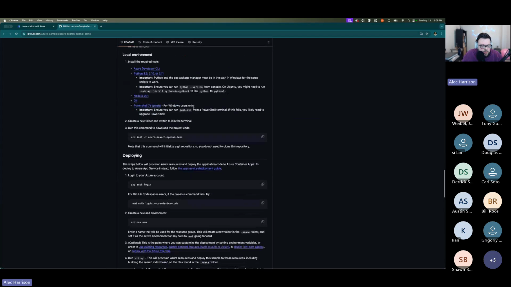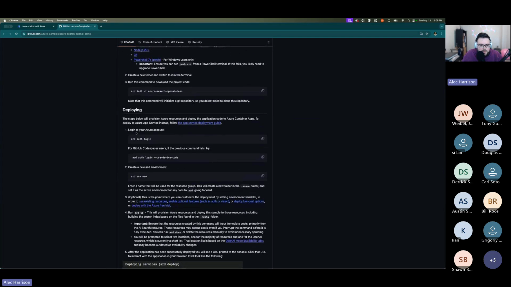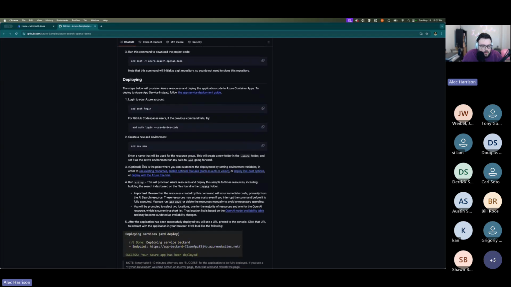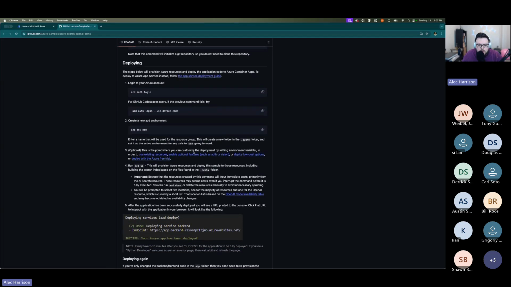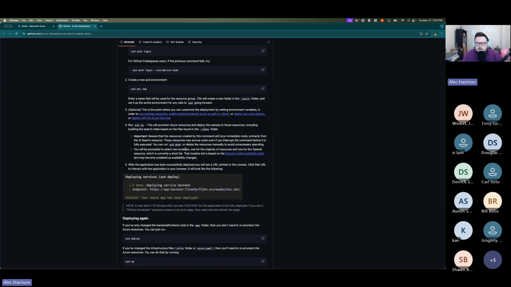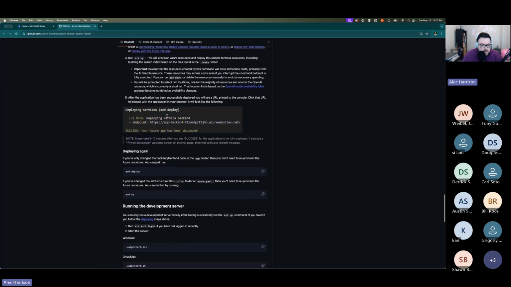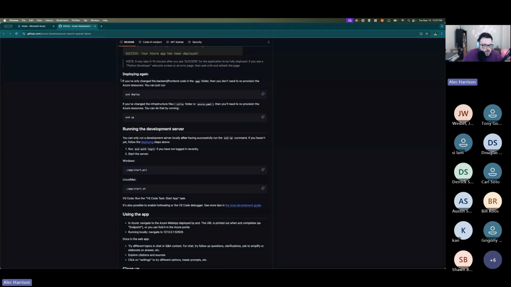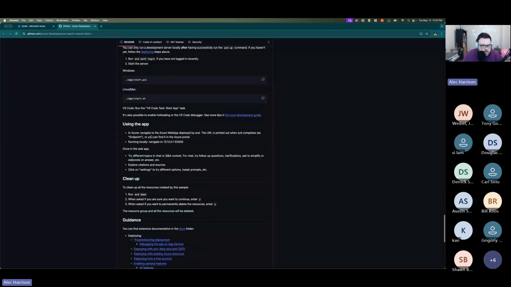If we go down to the deployment steps, there is a cheaper path too. So if you go to deploying, there is an optional path. You can either do a low cost deployment, or you can do the deployment with a free trial Azure account. So if you're trying to optimize costs, or maybe you're doing this outside of work, definitely probably worth looking into. Or if you already have some AI resources out there, you can point it to existing resources. And then it'll tell you how to deploy it again, how to do updates.